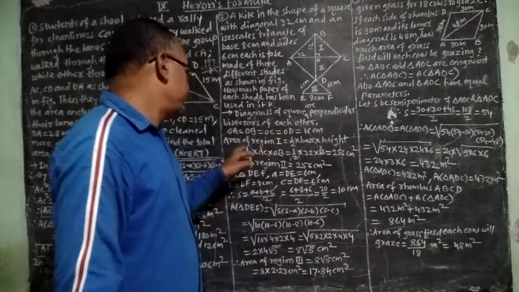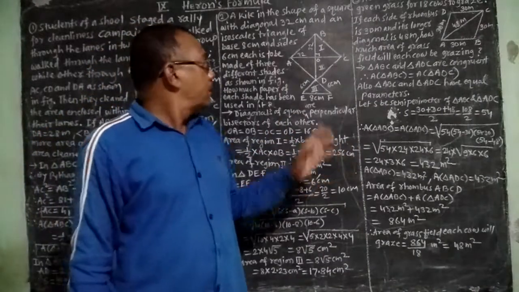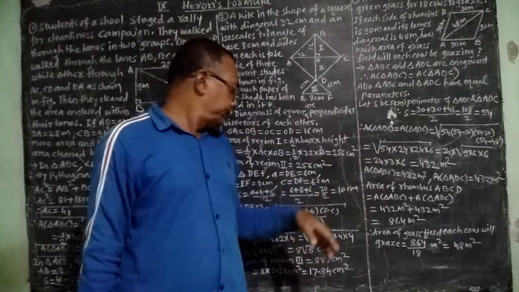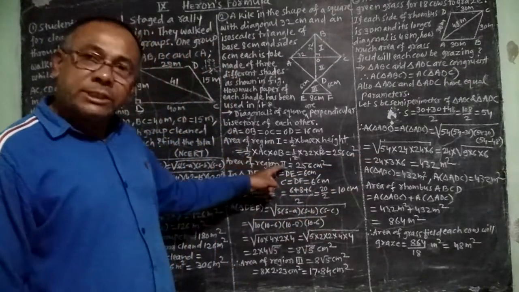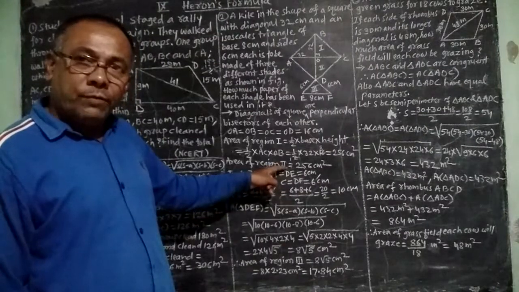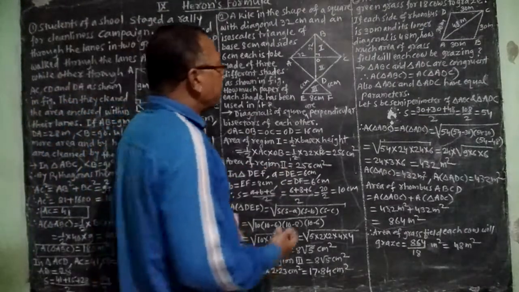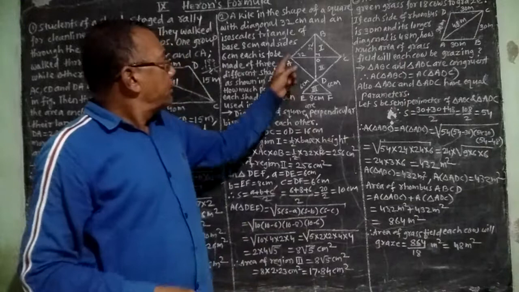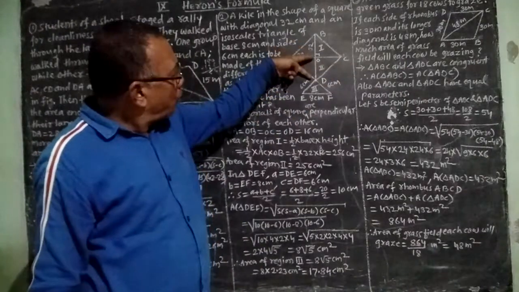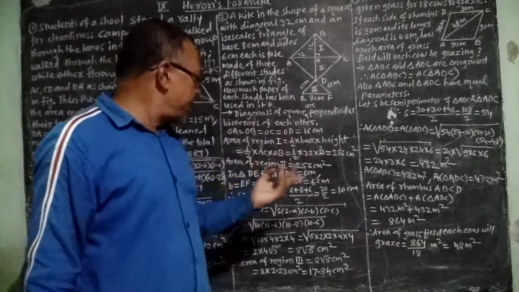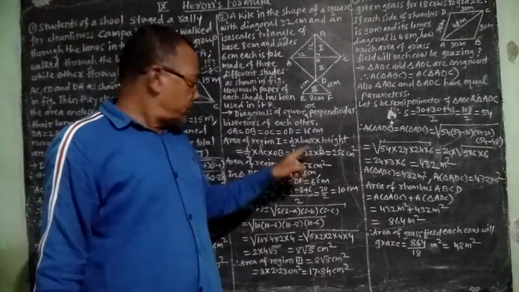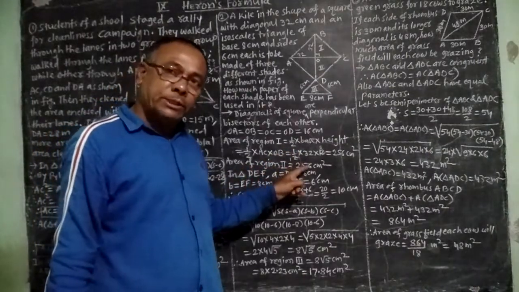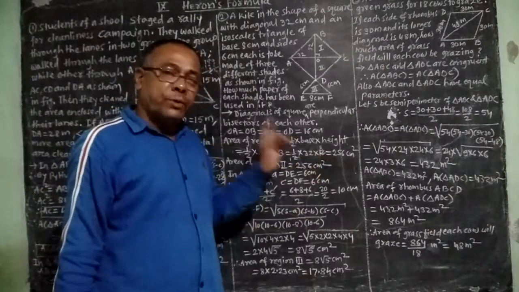So area of the first region, which is triangular, that is triangle ABC, we will get the area 256 centimeter square. Then area of region second, again here AC is the base and OD is the height. AC is 32 and OD is 16. So same, here figures are there. So here area of region 2 will be 256 centimeter square.